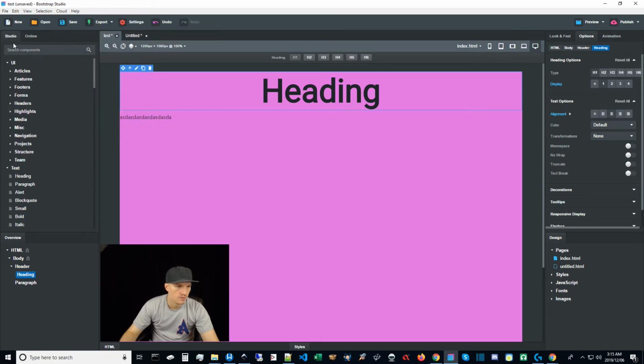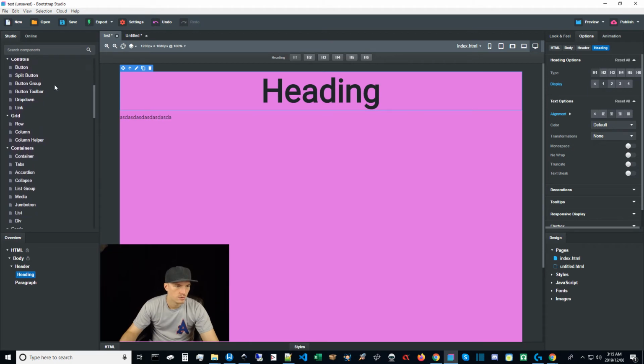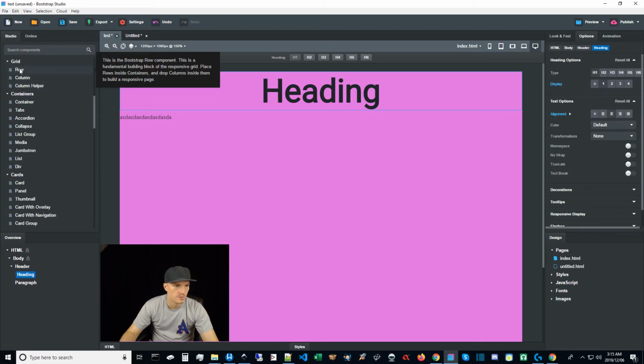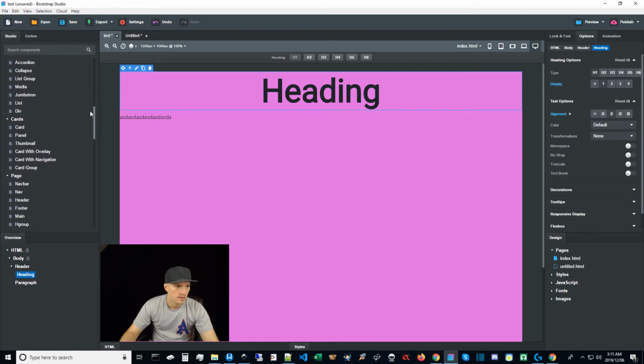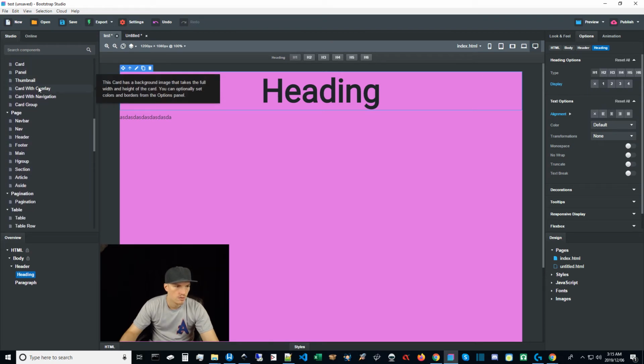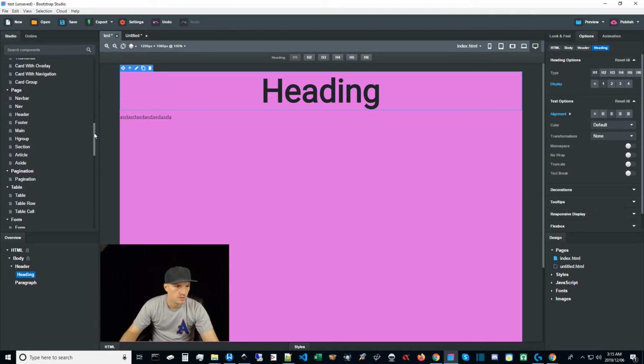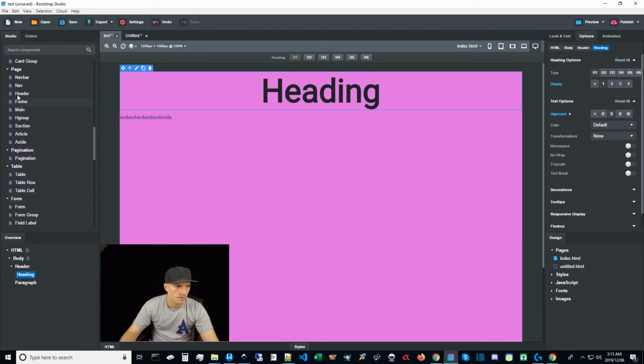So yeah, and here are the main components that are built into it, UI components that are sort of pre-built. Then you've got your typical text components, image components, controls like buttons and drop downs, grids, so you can create rows and columns with this. I'm used to that kind of thing in WordPress editors. Containers, cards. So there's a thumbnail, card with overlay, pages, header, footer. So here's a header of a page, footer of a page, main area of a page, article page,